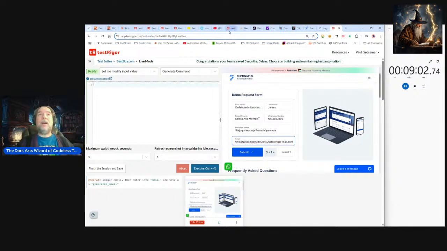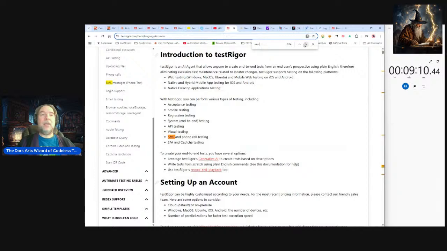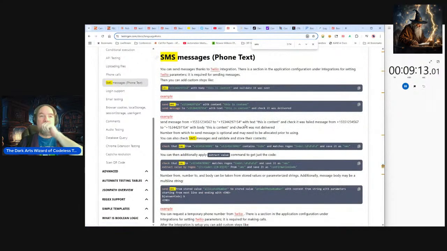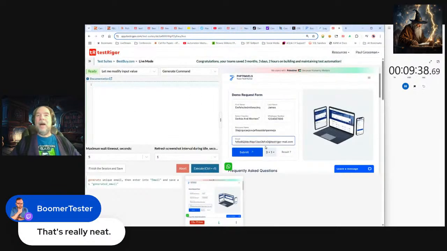In fact, what else can you do? If I were to do this, SMS, let's see, SMS and phone calling, SMS messages. You can send SMS messages through Twilio, as well as Nilix, and it will send you phone numbers. In fact, I've got one that will actually call my phone. That's a demo for maybe next Monday. I'll have it make it phone. And he says, that's really neat. That is neat. Okay. I've got that all there.